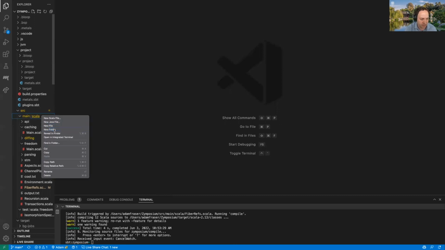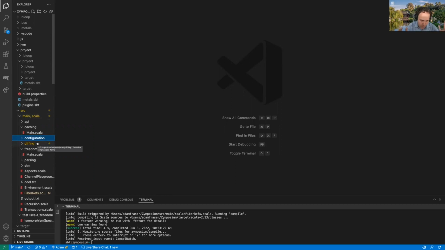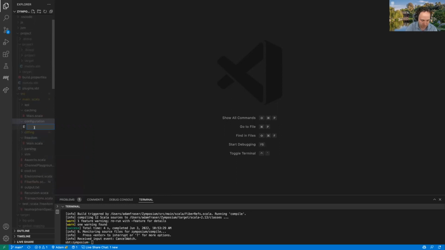So I think I'm going to start off here. I'm just going to make a little folder for us. I'm just going to call it configuration, and not in a narrow sense of config, like all we're doing is loading configs, but more that we want to be able to configure the runtime, maybe for logging, maybe for monitoring, maybe for all sorts of different things. And I'm going to create a new file here that maybe I'll call